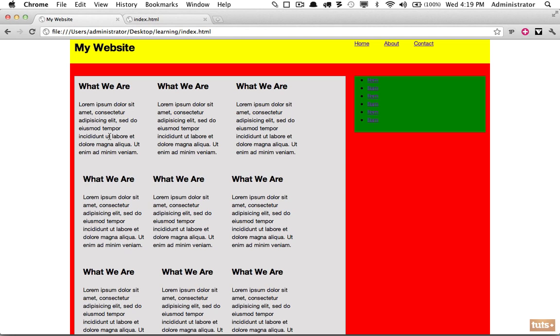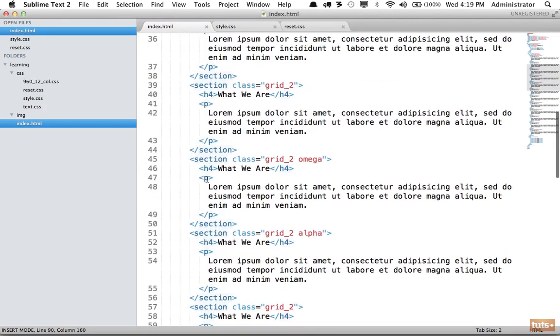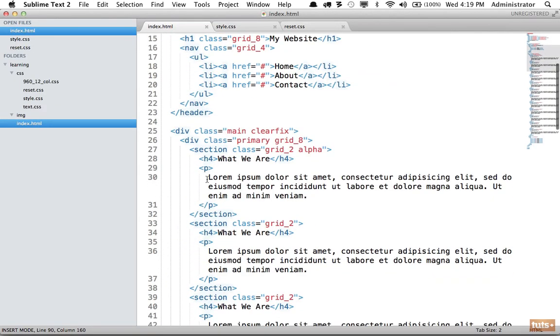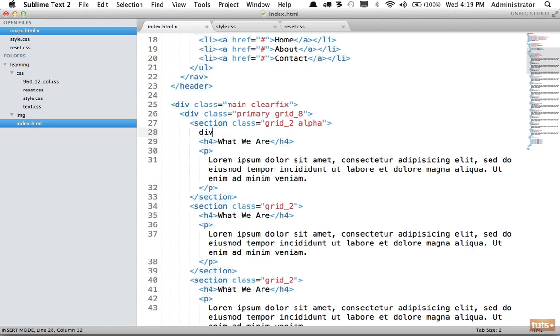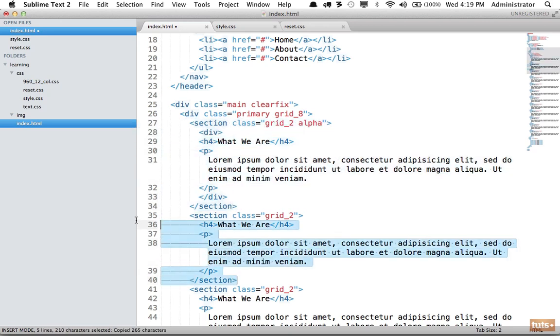And this is something that irritates a lot of people. So you have a couple options here. One would be to add more unsemantic markup. And what some people would do is within the section, they would add a div right here. And what this allows you to do is then apply the padding to the nested div, and that's not going